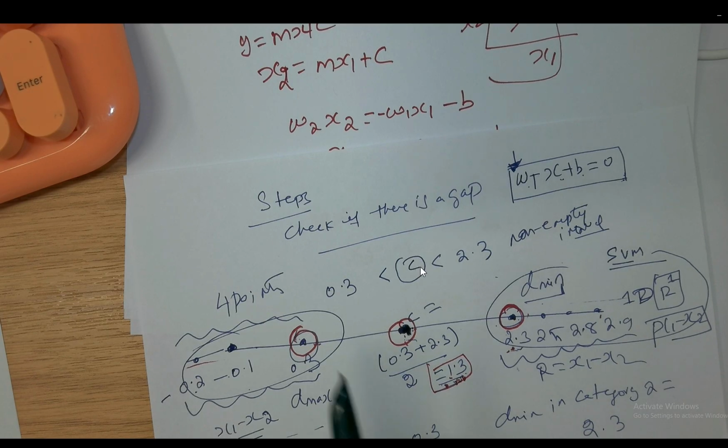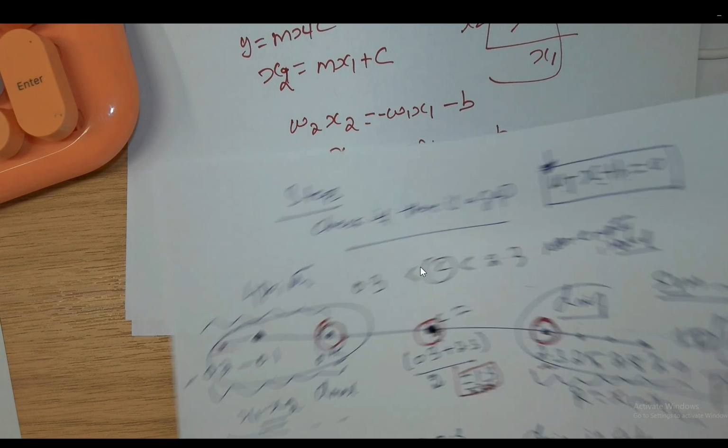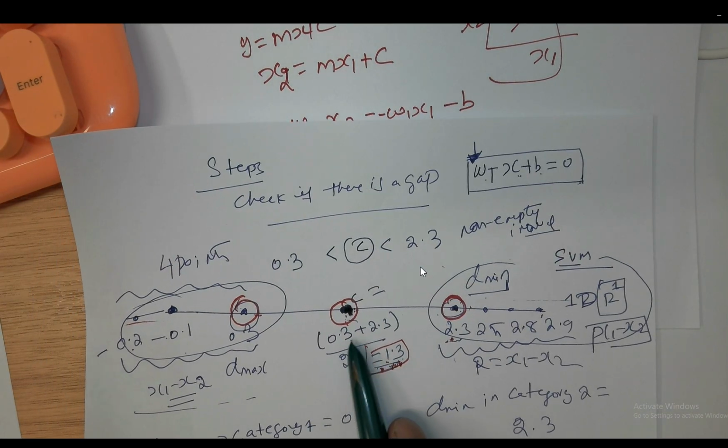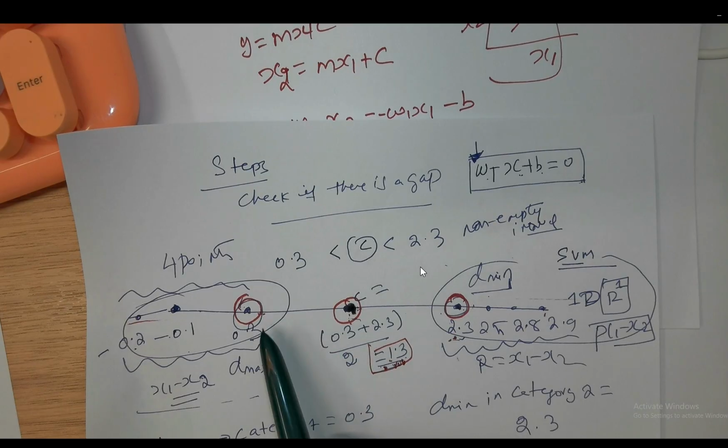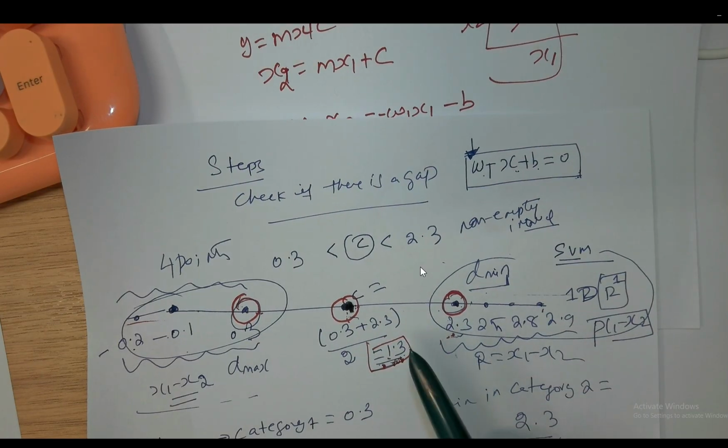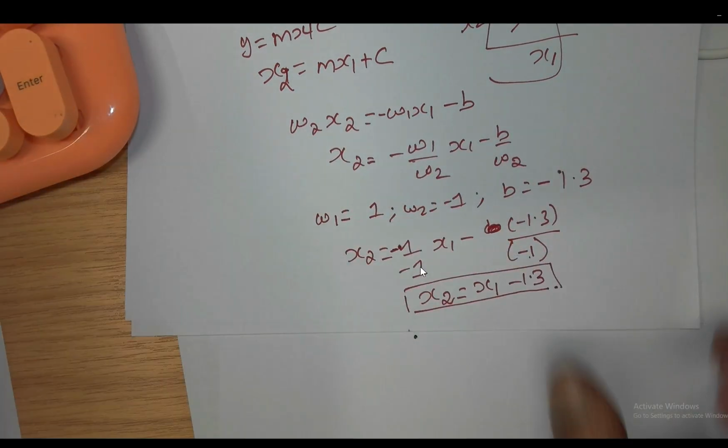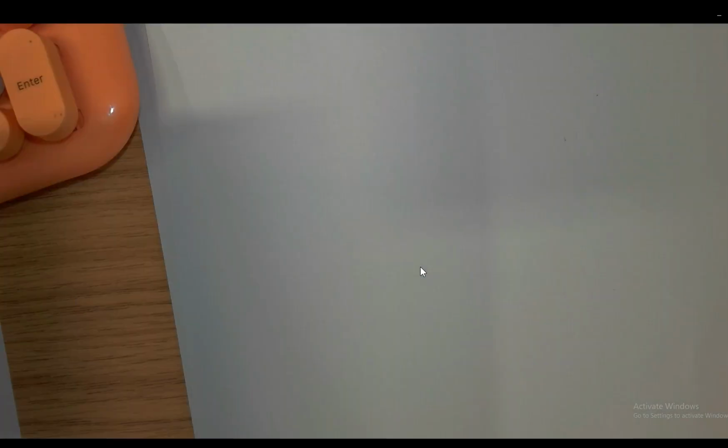So everything is dictated by d minimum and d max. Those d minimum and d max are nothing but your support vectors. So we already calculated the hyperplane, and now we can calculate the support vector line. Yeah? So what do I mean by that? If you remember, in SVM,